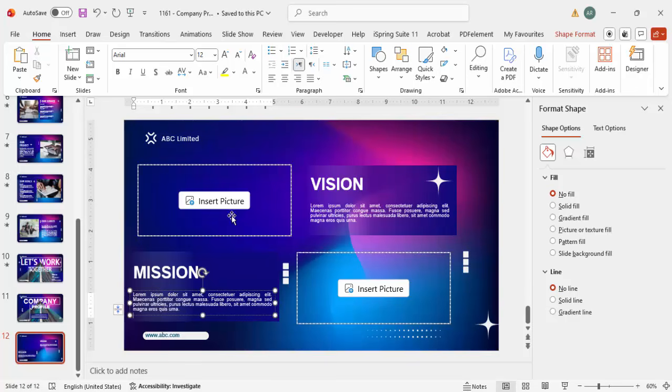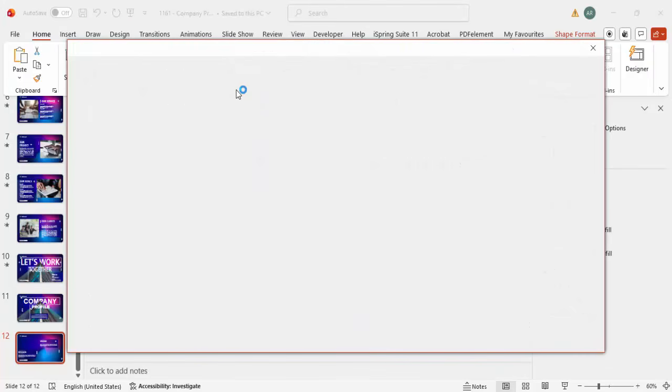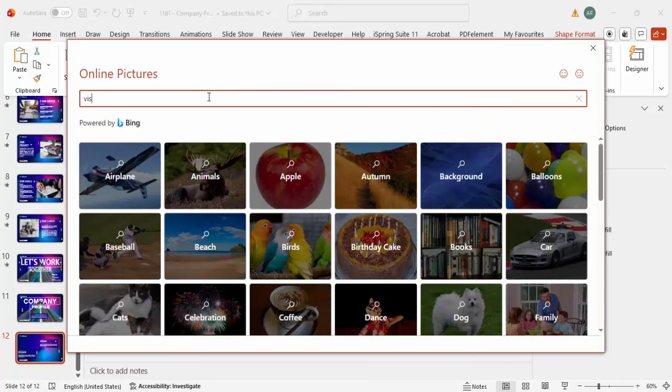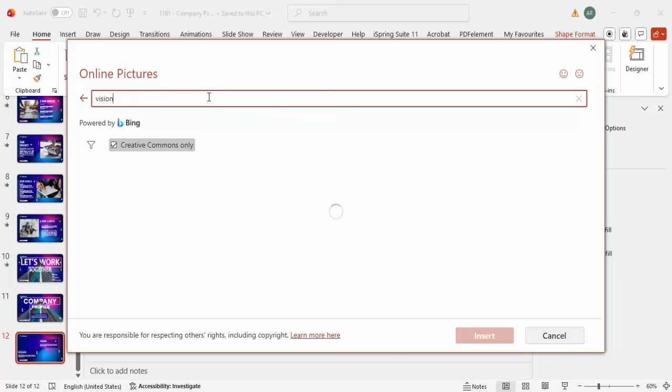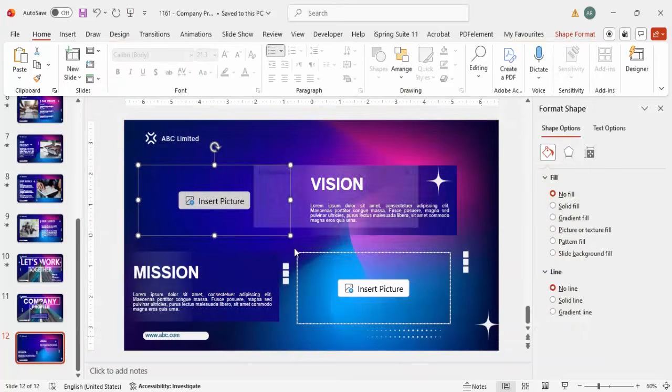Now inserting pictures is very easy for me. I can just simply click here. If you have the images on your device, you can select this one, or if you want to search on the web, I can just go to the search on the web, and I'm going to type, for example, vision here. So let me say vision, and just choose, for example, for me, say this is better. Click insert,